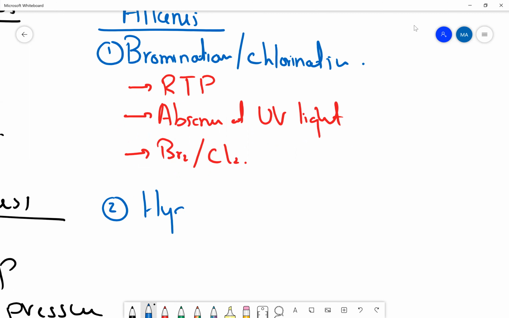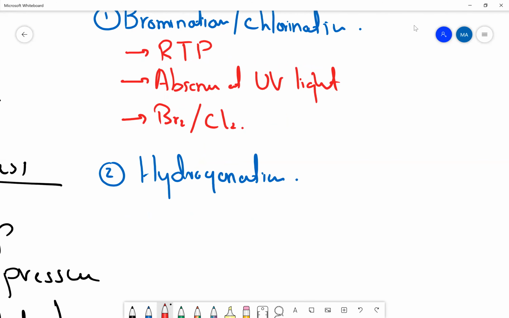hydrogenation. Hydrogenation is addition of hydrogen. Again, it's an addition reaction, electrophilic addition reaction for the alkenes. The reaction conditions for hydrogenation are 150 degrees Celsius temperature